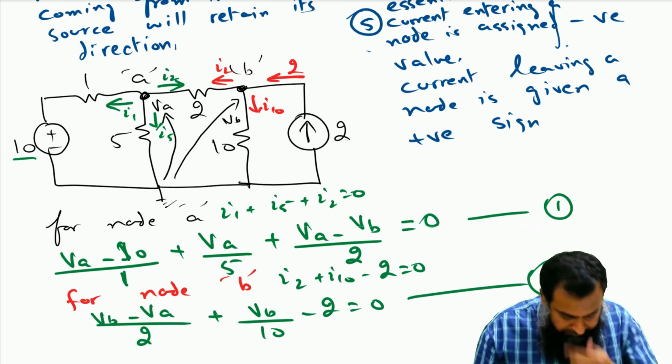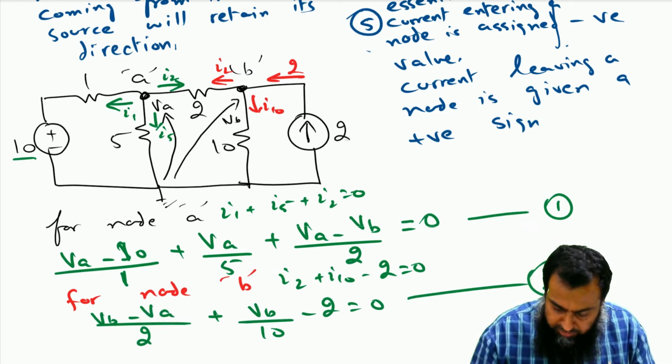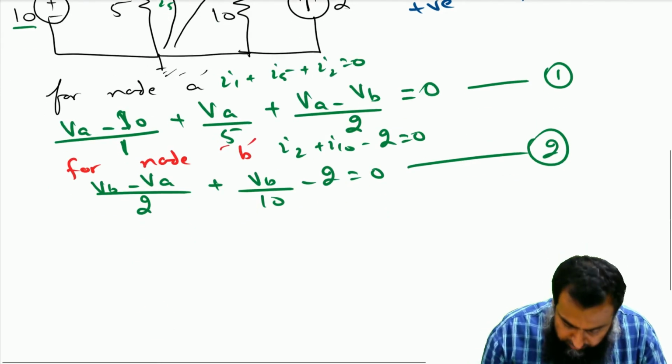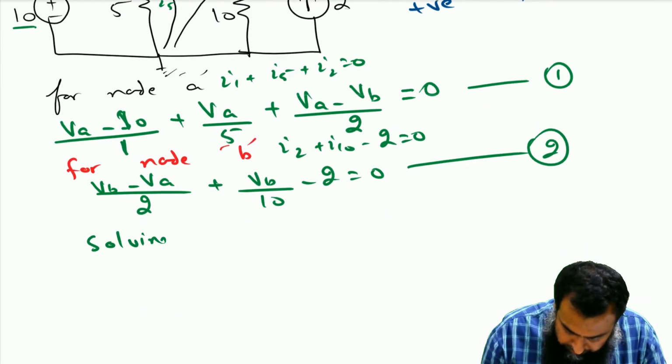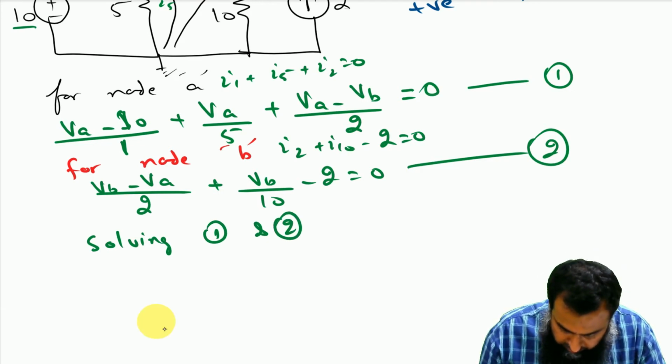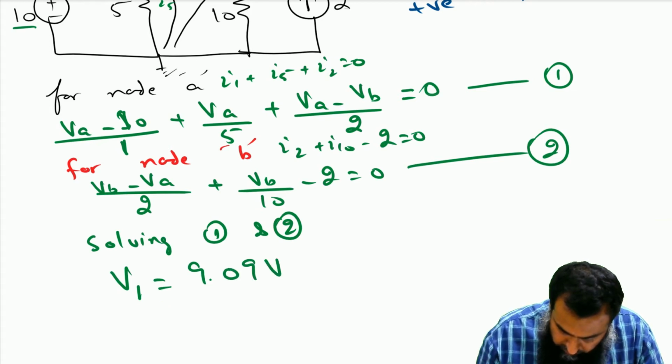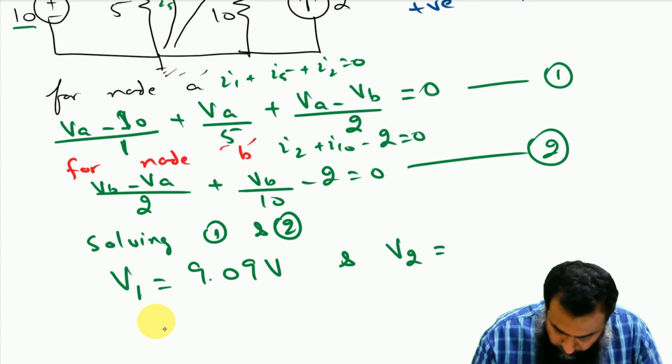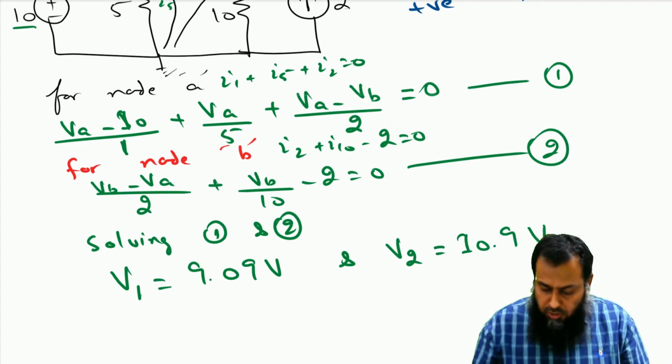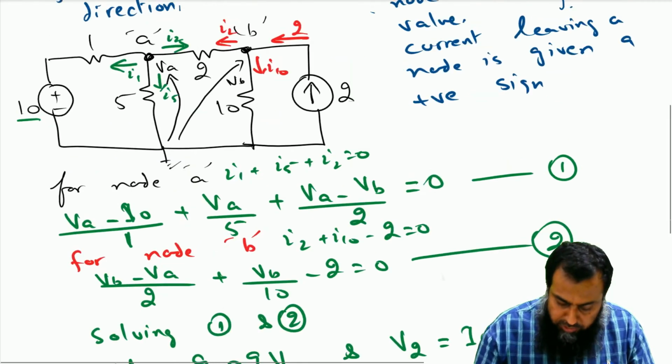Now because we have two equations and two unknowns, solving equations 1 and 2, we get V1 equal to 9.09 volt and V2 equal to 10.9 volt, right? So now that we have these node voltages available,